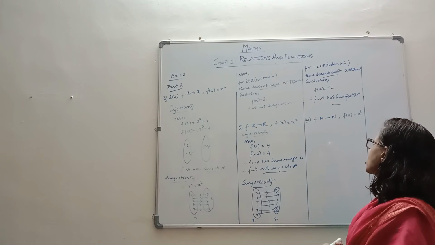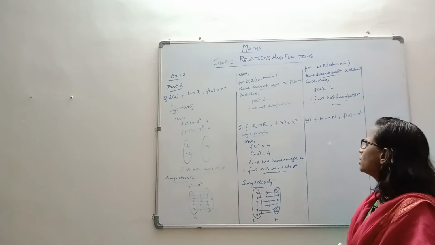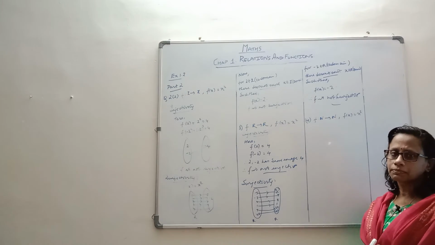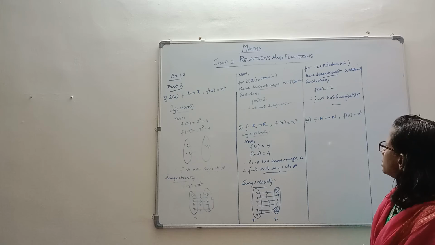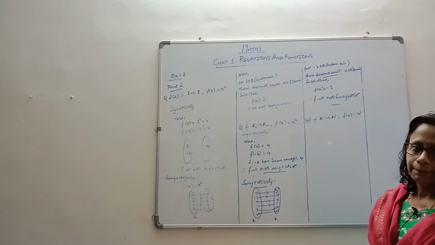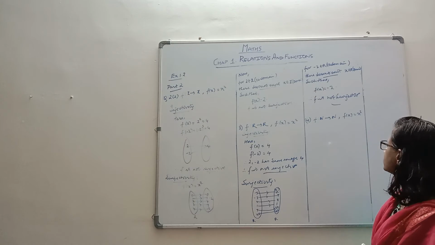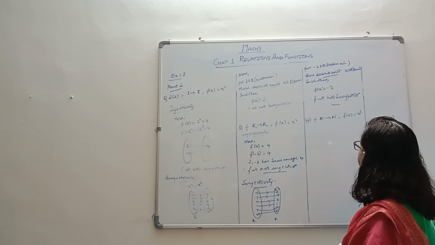Then the fourth question, a quick sub-question, we'll quickly take. It's from natural to natural, and f of x is x cube. Like how we had done x squared, it is x cube. Injectivity should be okay, I think. Onto again will be a problem. There will be unrelated elements. One-to-one should be okay, but onto should be a problem. So let's check.